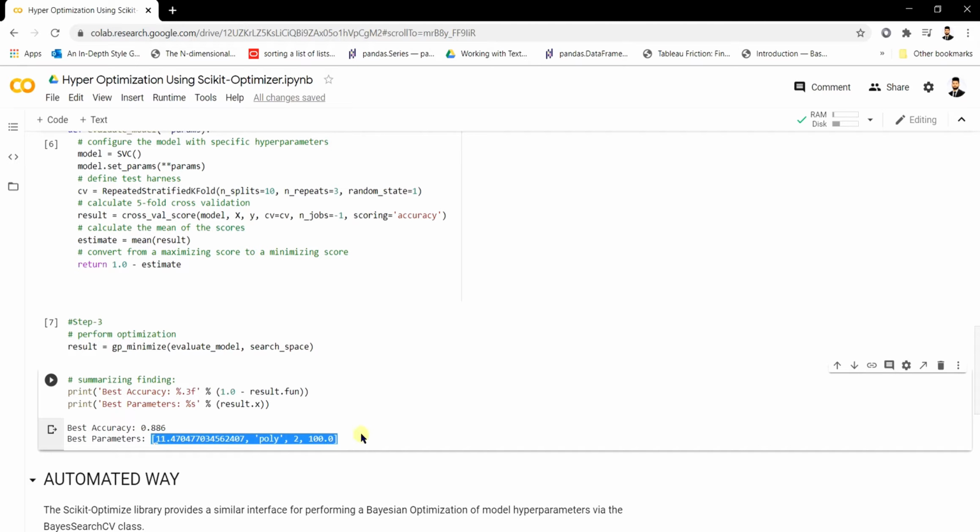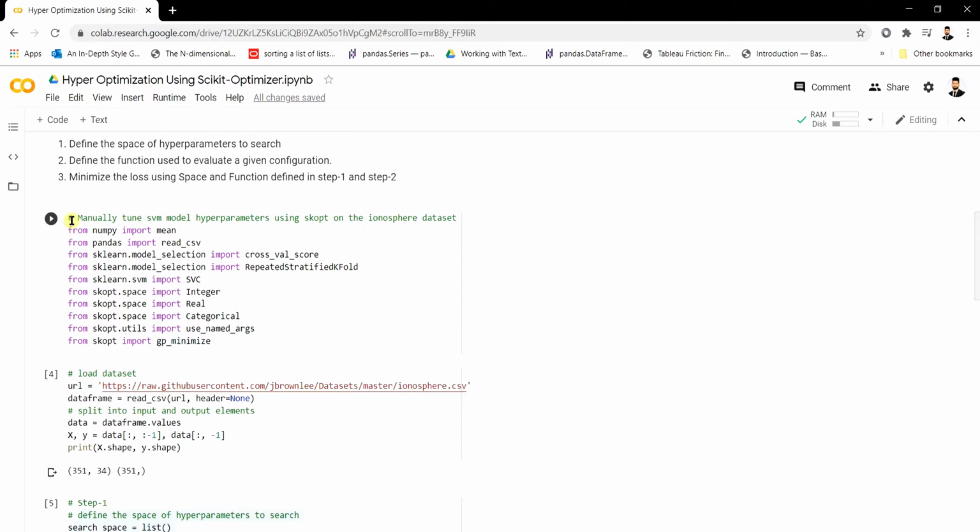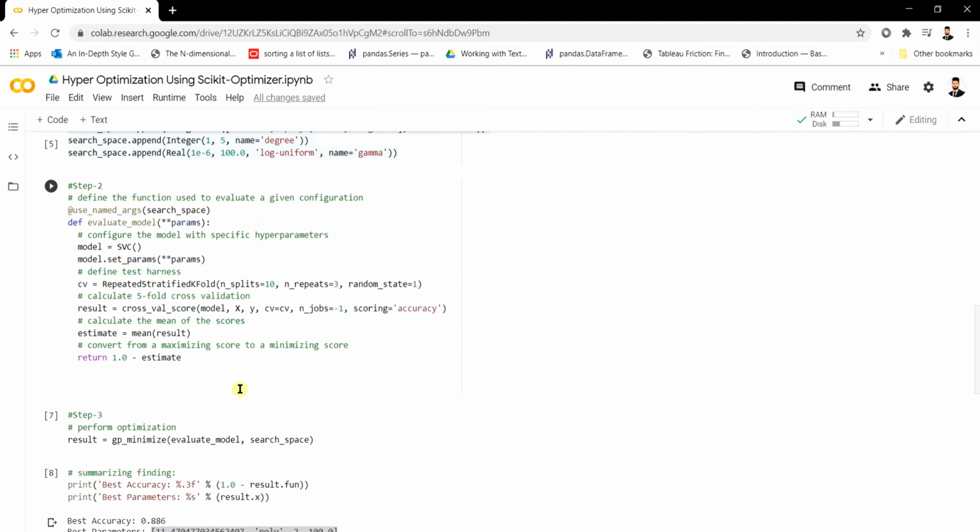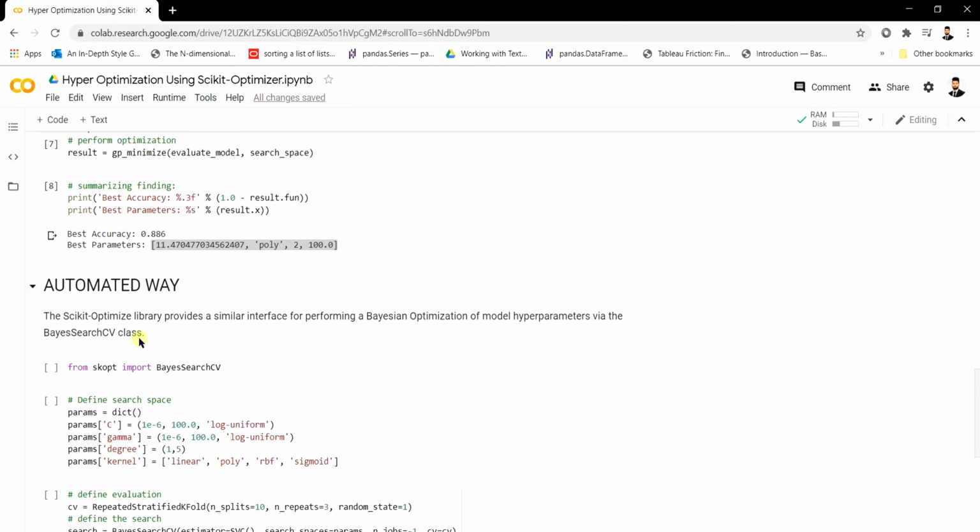So all these things were done in a manual way. Now we'll see an automated way as well. We're going to be using the BayesSearchCV class, which is already present in the skopt library. It uses all the configuration which we have done in a manual way, so we can implement it directly, like how we implement RandomizedSearchCV and GridSearchCV in scikit-learn.